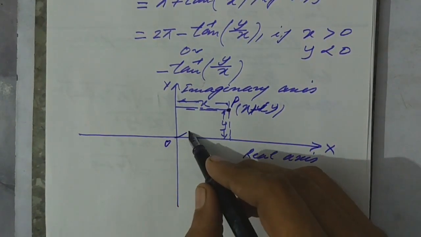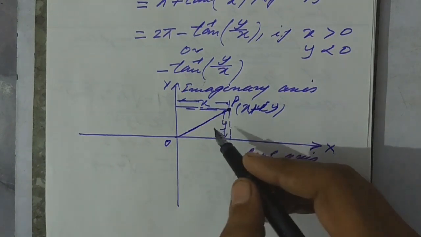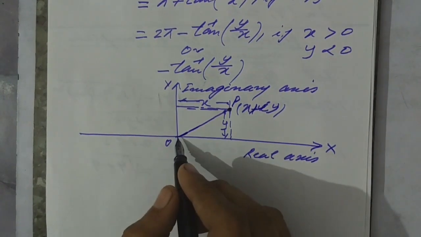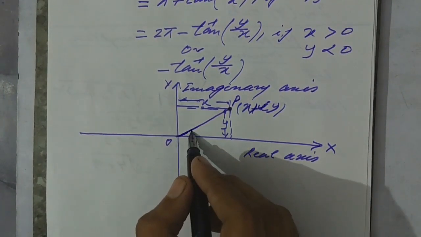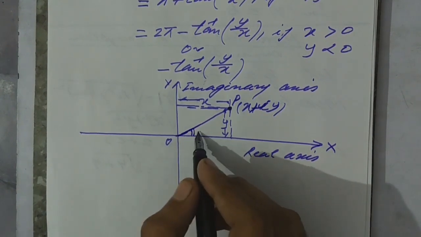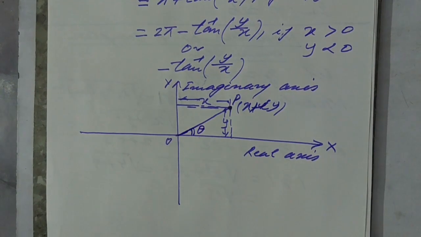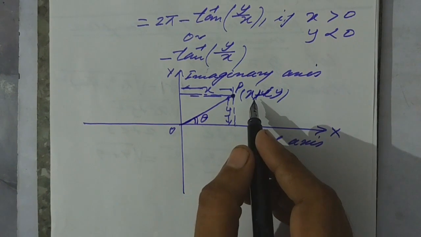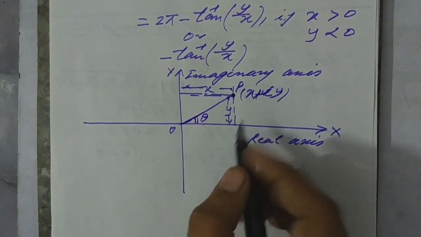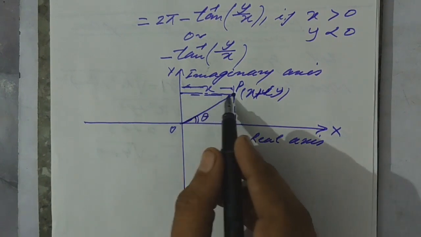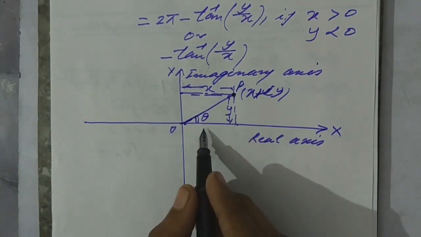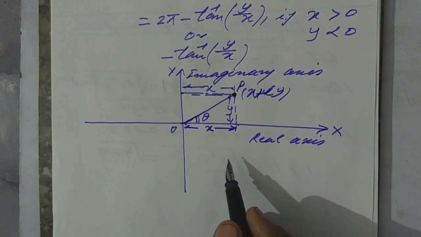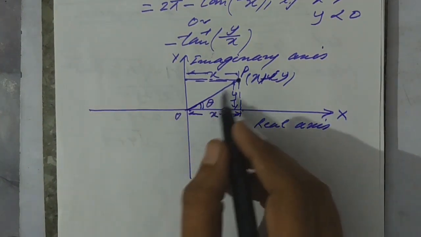So if we join OP, suppose OP makes an angle theta with the x-axis. This theta angle is called the argument of the complex number x plus iota y. So if this is x, this is also x, obviously. So if we observe in this right angle triangle,